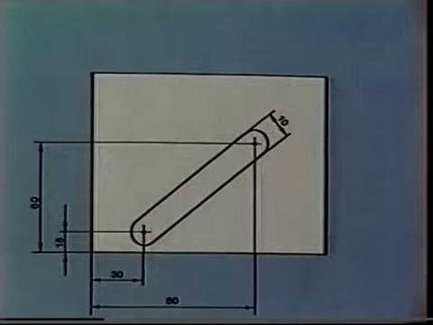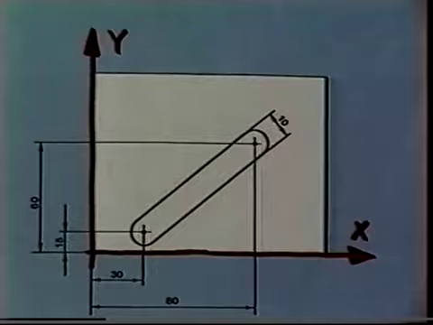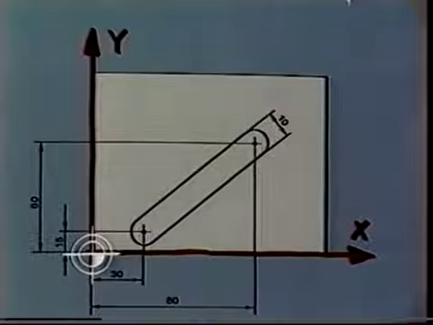You can locate the 0 point of the coordinate system anywhere you want. It depends on the dimensions of the drawing. It's usually located at the point on which most of the dimensions are based. In our example, that's the lower left-hand corner of the workpiece. Once you have defined it, this point is called the workpiece 0 point. It always remains the same for this workpiece and is identified by this symbol.